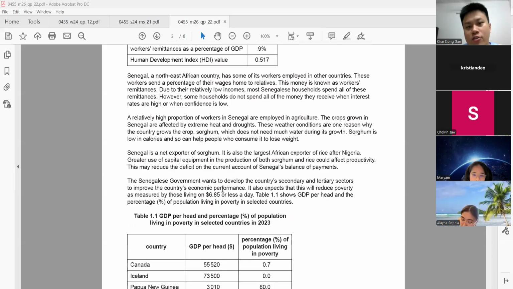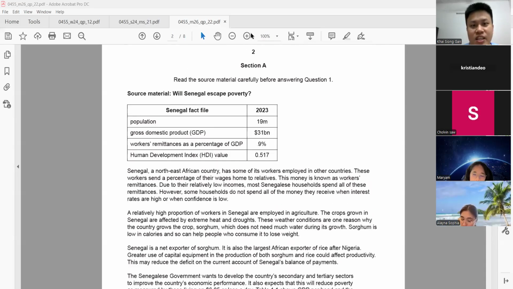questions, and now we move on to section A. Section A already. Okay, before that, let me just send the one that I screenshot just now. Hold on, give me a quick one, very quick one. Let me just send it in the group.